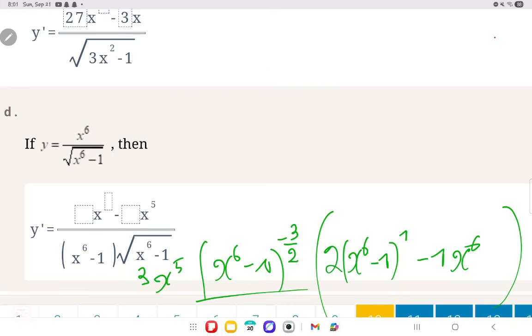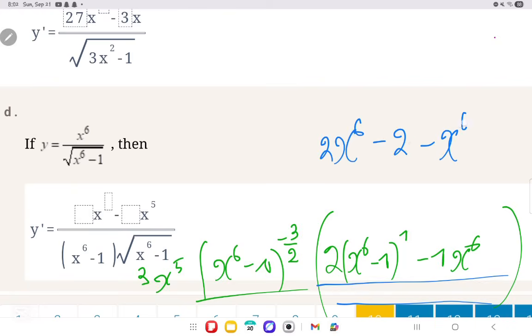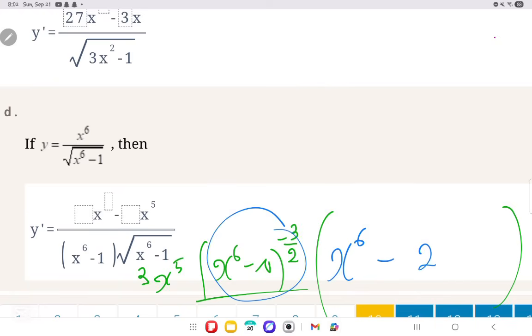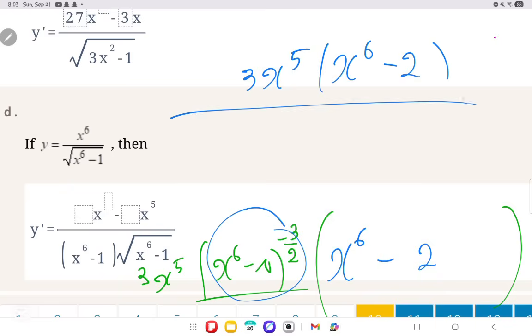So now let us expand the inside. It will become 2x to the power of 6 minus 2 minus x to the power of 6. So it becomes x to the power of 6 minus 2. We can replace all of this by x to the power of 6 minus 2. And now we bring this to the denominator. So now it's 3x^5 times x to the power of 6 minus 2 over x^6 minus 1 to the power